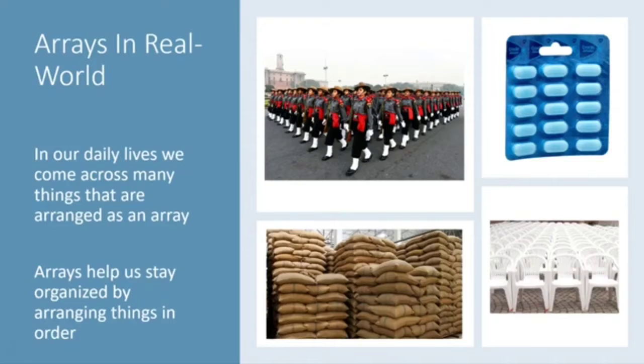In this next example, we see the popular Crocin tablets lined up in a foil blister pack to create an array. In warehouses, bags are stacked up in rows and columns forming arrays. For a gathering, chairs are usually arranged in rows and columns. From now on, whenever you see things arranged in rows and columns, these examples will immediately remind you that they are organized as an array.